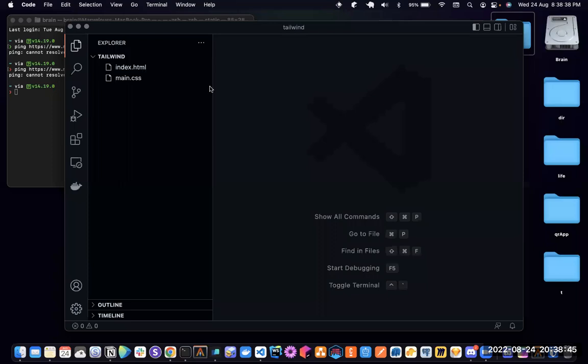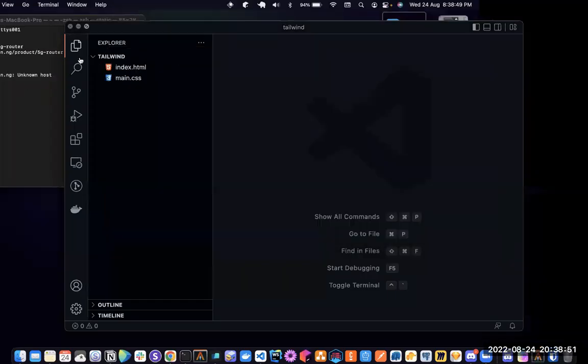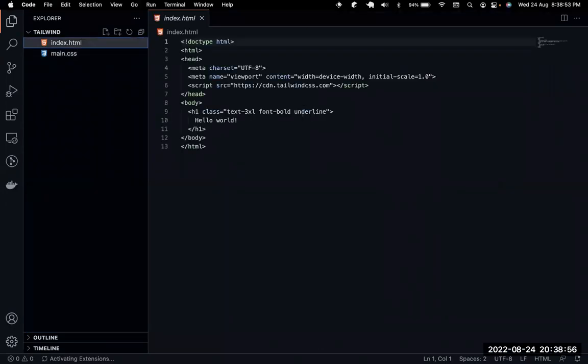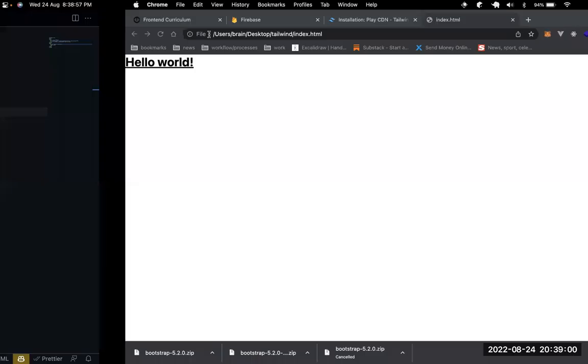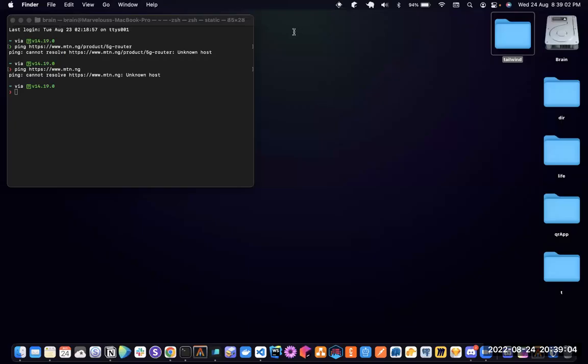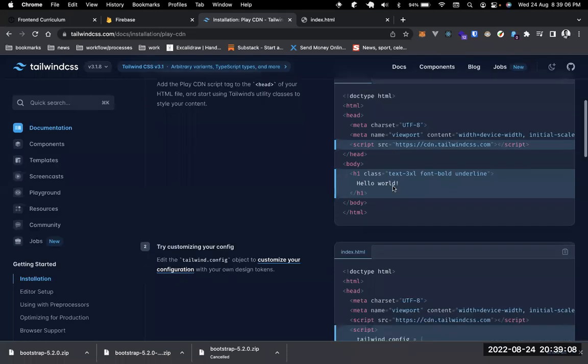So I'm going to open this up again. Okay. And right now I can go ahead inside the index.html and take this off and save, and then we can preview to see what happens. So you see that goes off, right? So we're currently working with the CDN, and then we can play around with a bunch